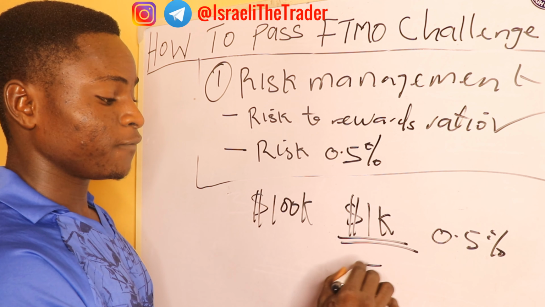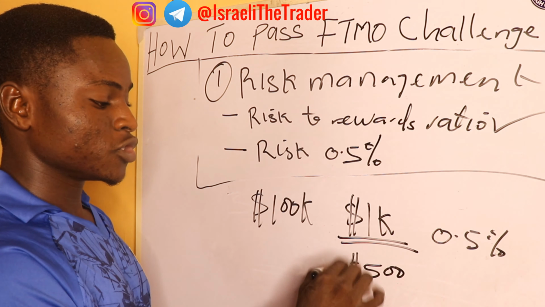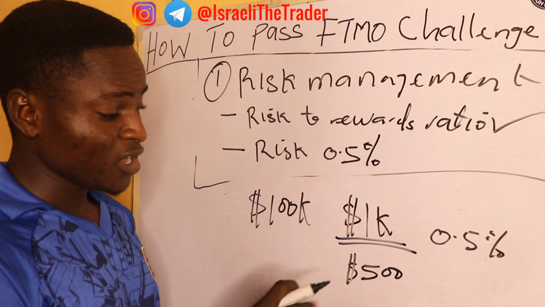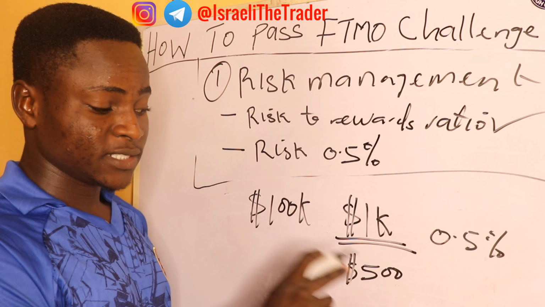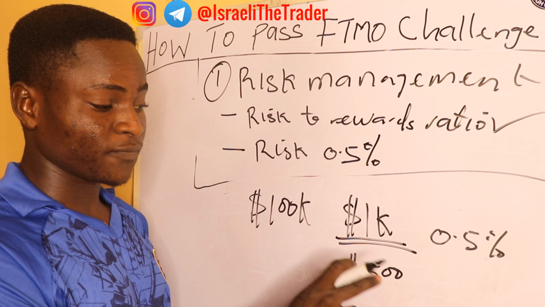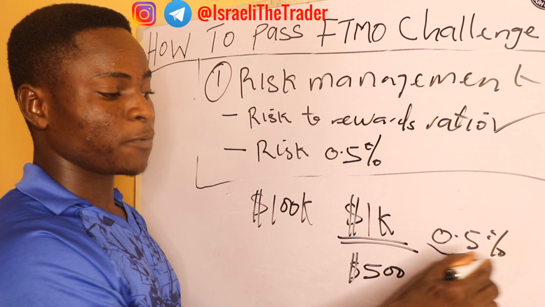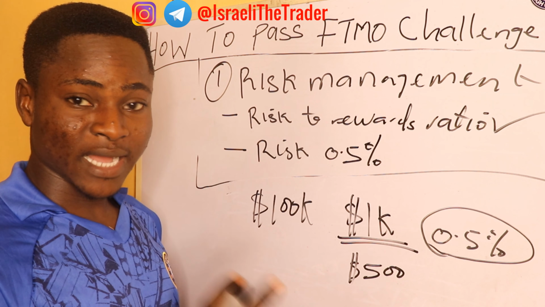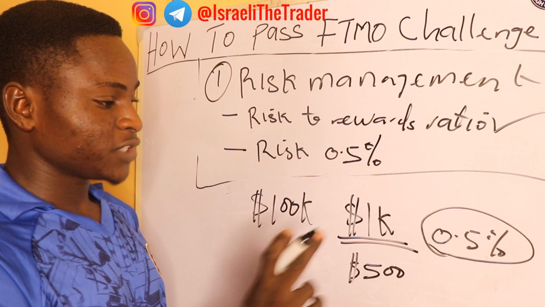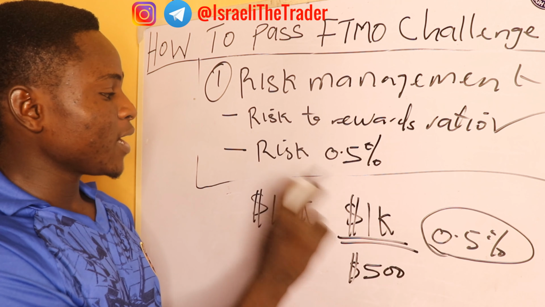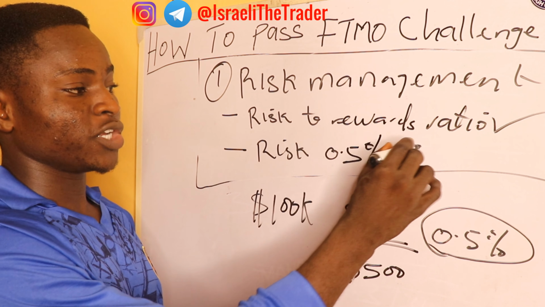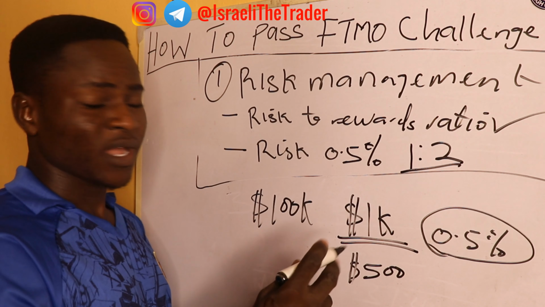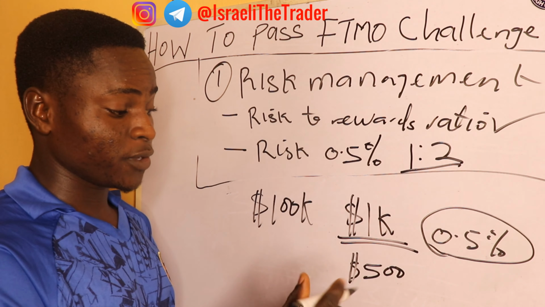It is $500. So 0.5% of this $100K account is $500, right? And this is zero. Since we know that this is 0.5, and we are supposed to be risking 0.5% on our $100,000 account, and if our risk ratio is 1-to-2, then definitely our final take profit is